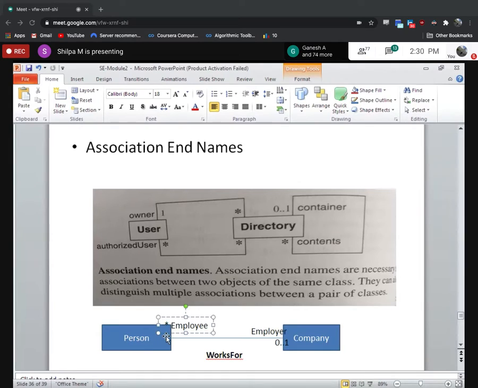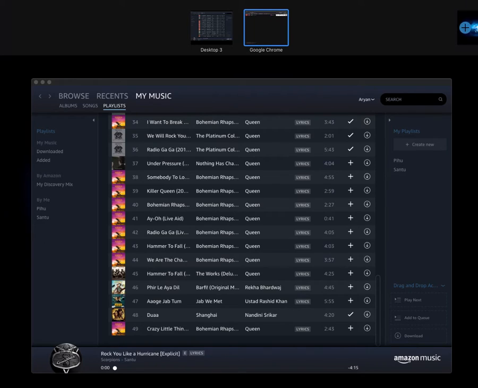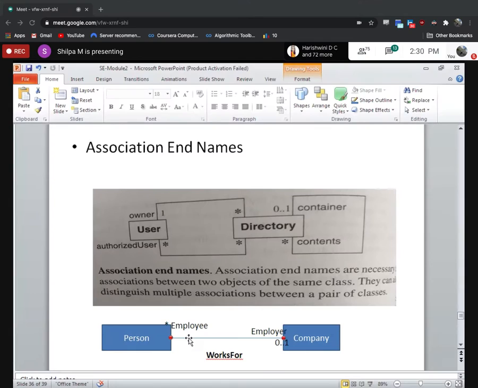So each class at each end of that link can be given a name. Okay. So that is known as association end names. This association name is works for, and the end names are here and here. Did you get it, all of you?